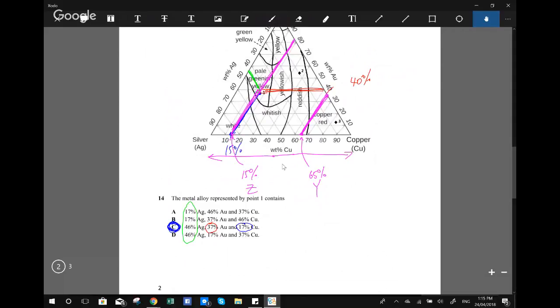Y must be reddish and Z must be white. Now, you can see that some parts of the line for Y do cross reddish, and actually some of the line for Z does go in the white region, but they don't have to be white or reddish, okay? Because in actual fact, Y could also be copper red, which is in this region over here,